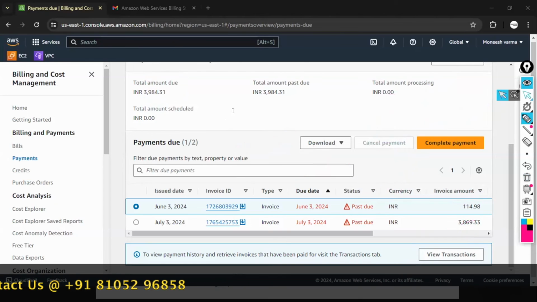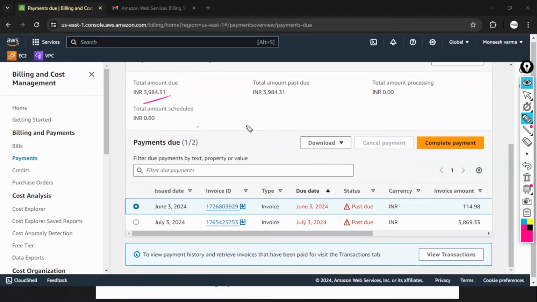To avoid this, I'm saying, for my previous account I got some 30,000. For that, I got some 1 lakh billing also because I forgot to stop. So you can avoid it, you can get less billing, like 100 rupees, 50 rupees.